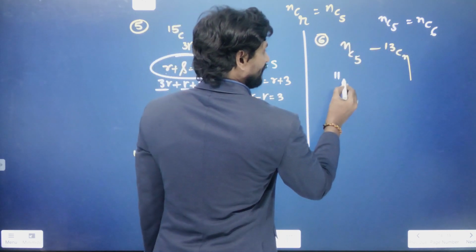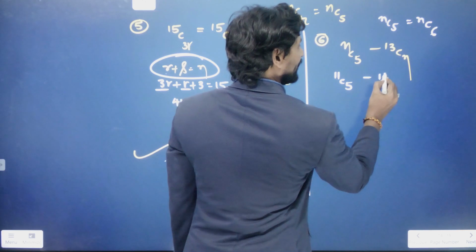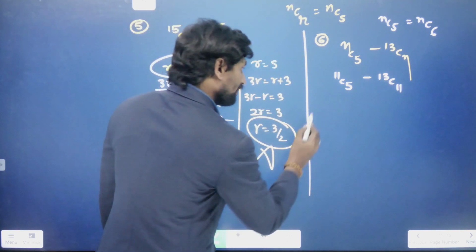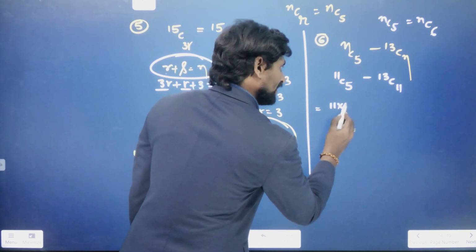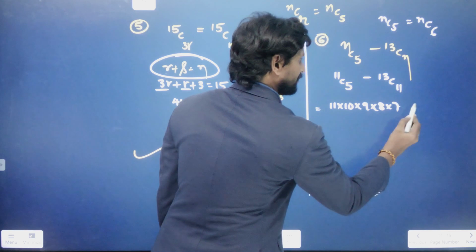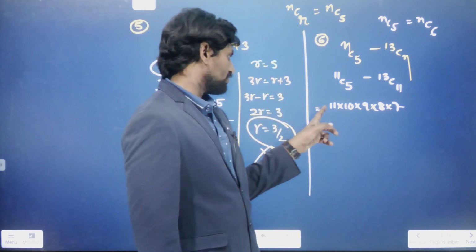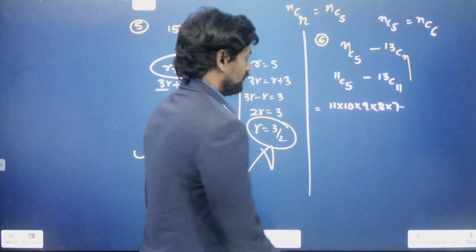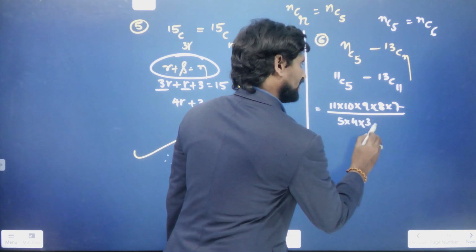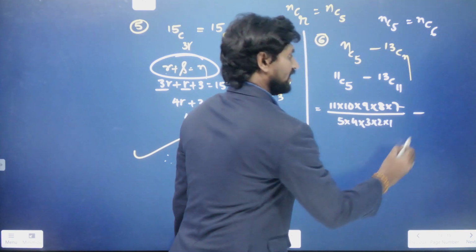Now substitute here: 11C5 minus 13C11. 11C5 value is 11 into 10 into 9 into 8 into 7, up to 5 digits, divided by 5 into 4 into 3 into 2 into 1, minus